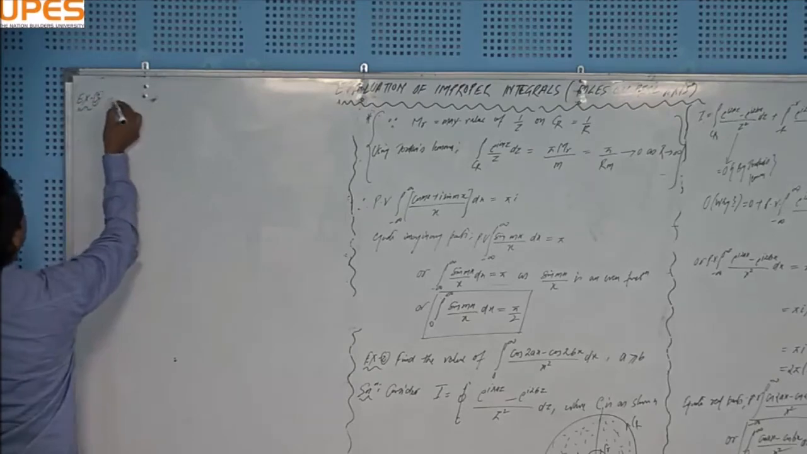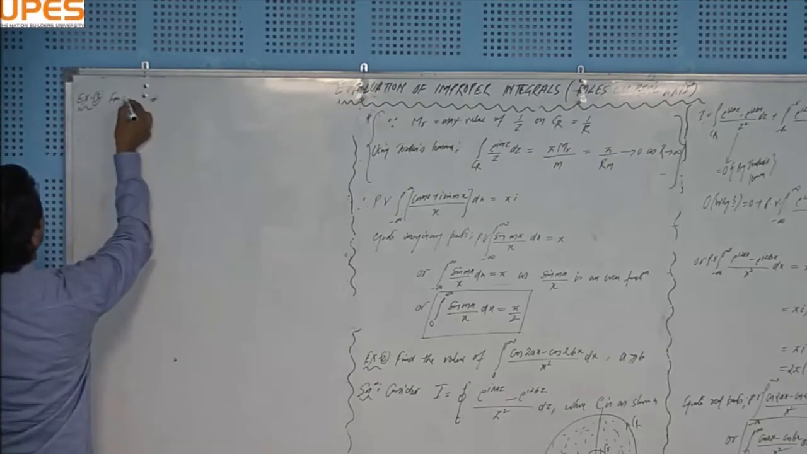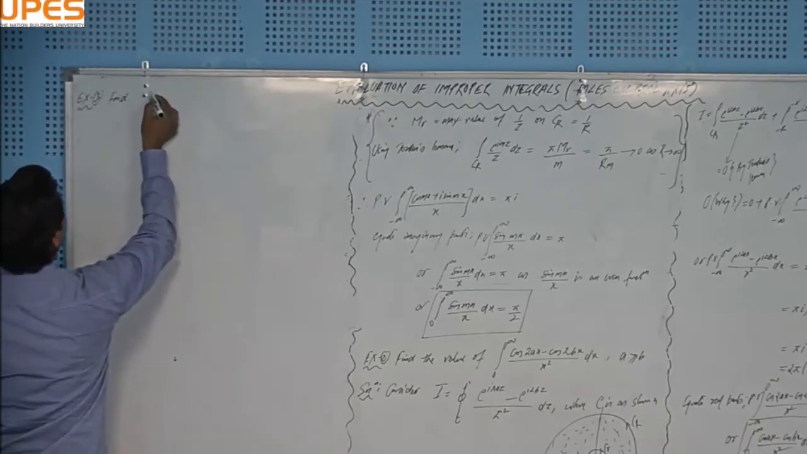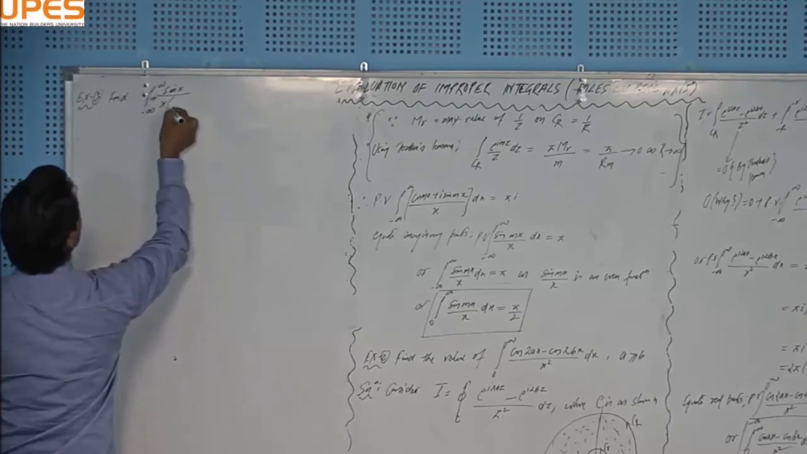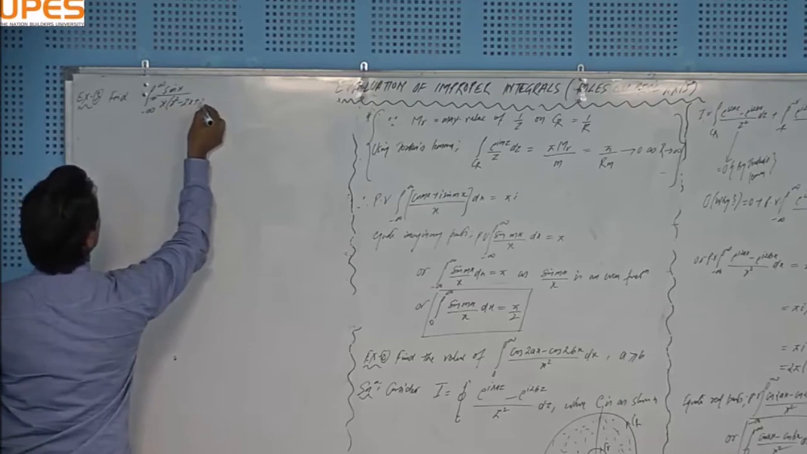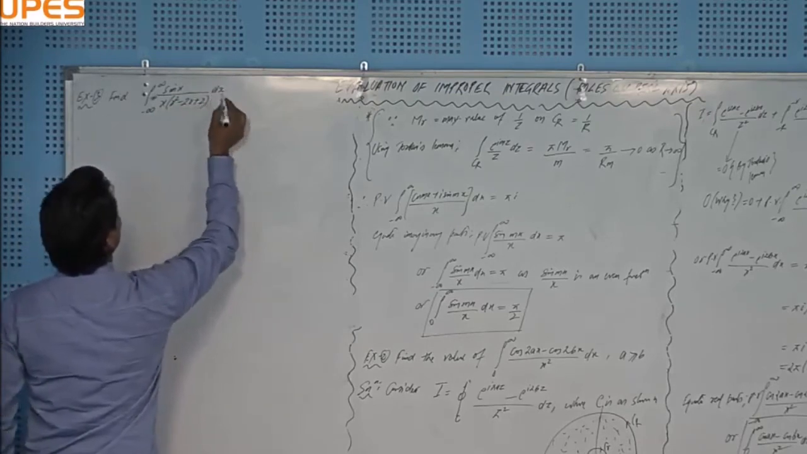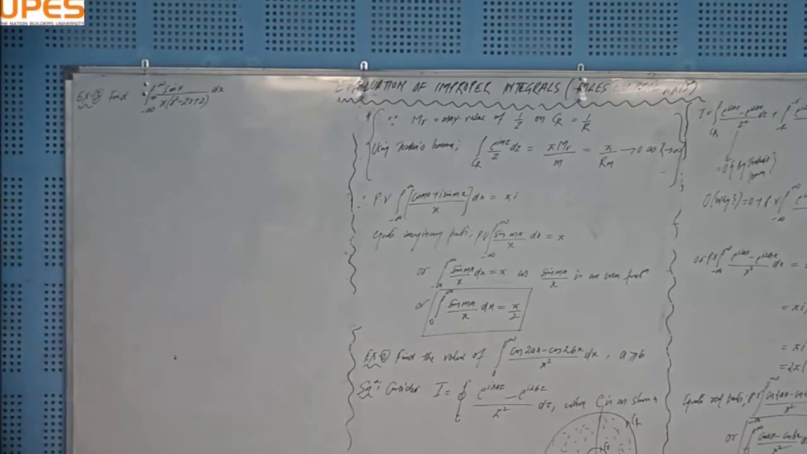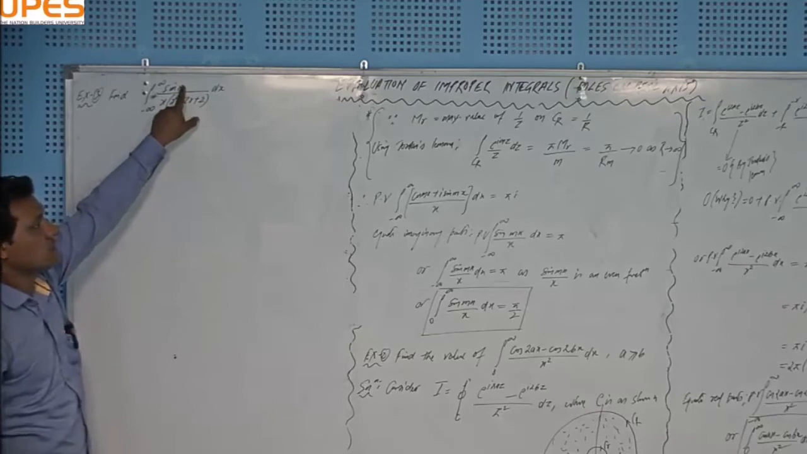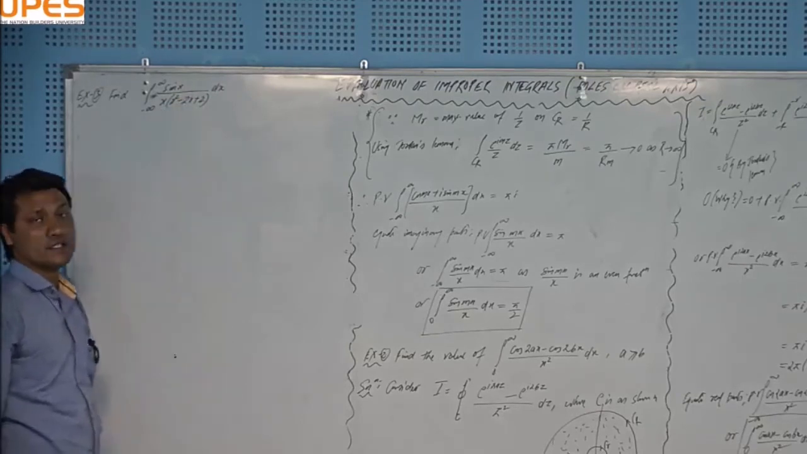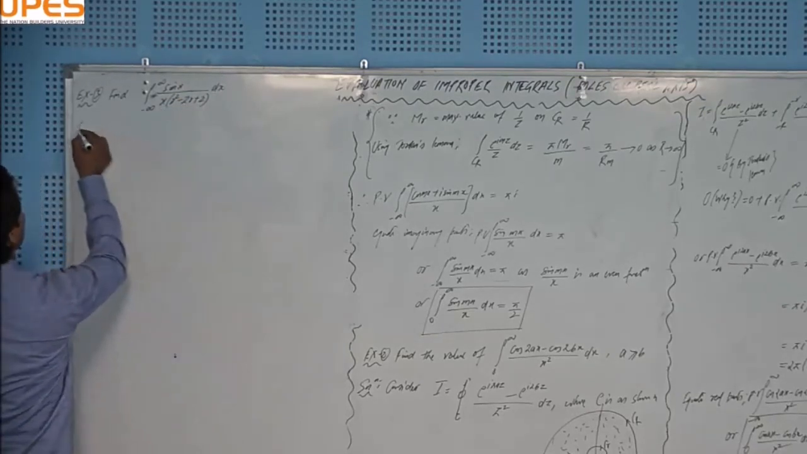Example number 3, find the integral from minus infinity to infinity sin x over x square minus 2x plus 2 dx, right? Okay, so you can see that this time again we have this sine function here. I will replace this by e to the power iota z. Solution: